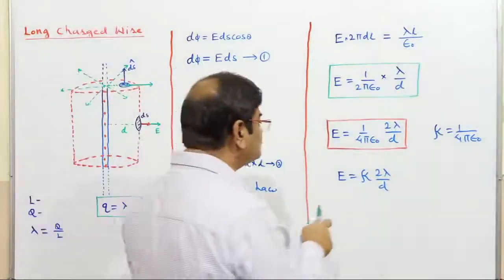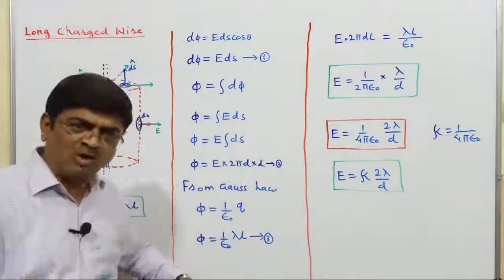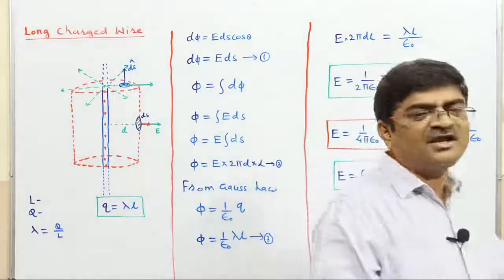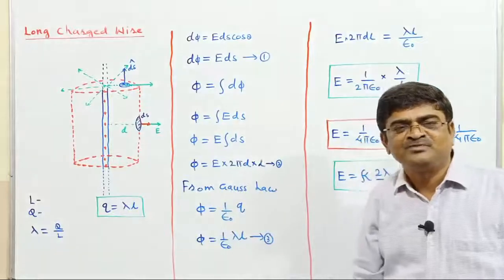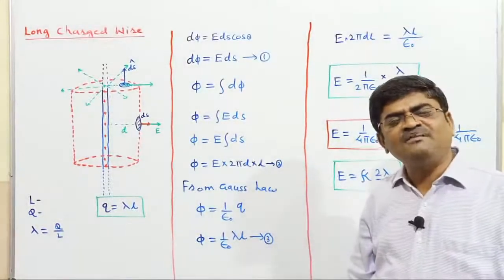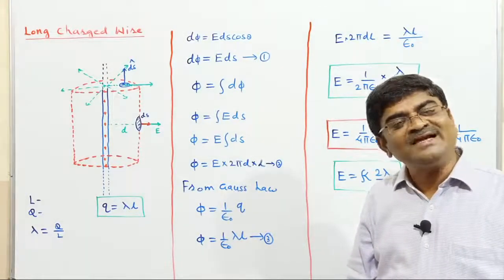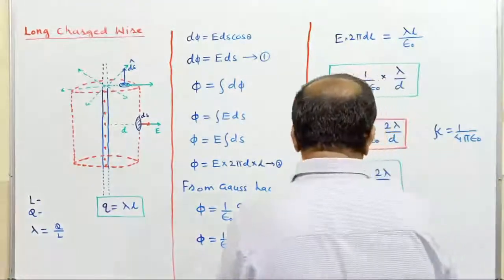Okay. So that was my intention, to have K the same in every equation wherever possible. This is the equation for electric intensity due to a long charged wire. And students, once you have this equation available, if I ask you to plot a graph for the variation of electric intensity with distance, you can have that simple graph.